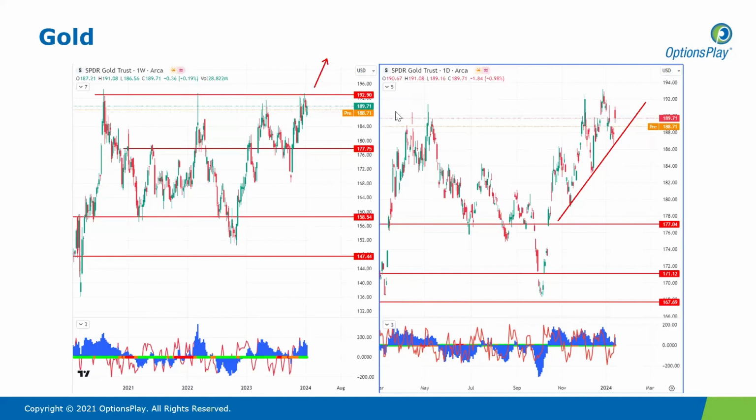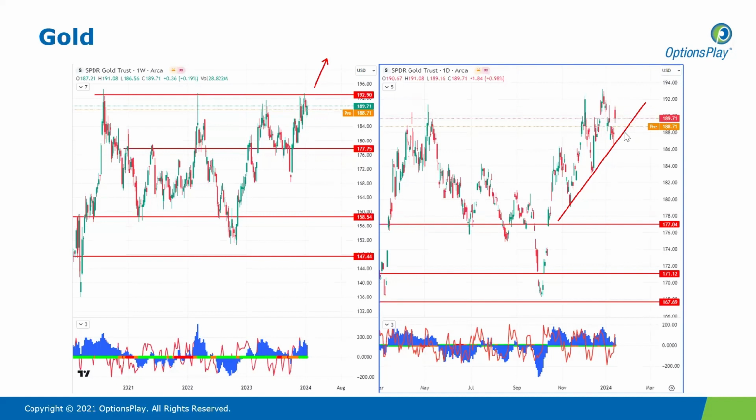But for now, gold's still respecting that key resistance zone. The risk to reward actually does favor the downside from this major resistance zone. But at the same time, you don't want to be bearish too long. You're looking at ideas like credit spreads that can take advantage of the neutral price action that we're currently seeing